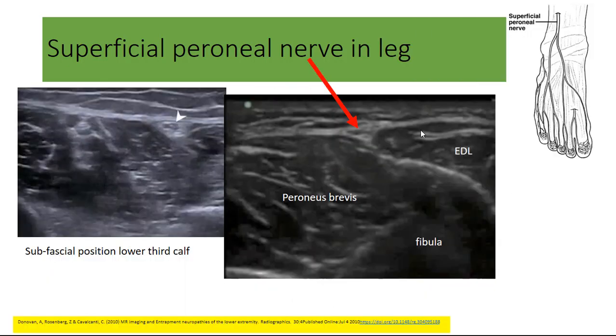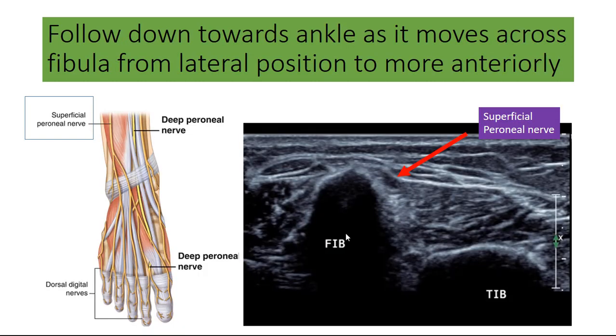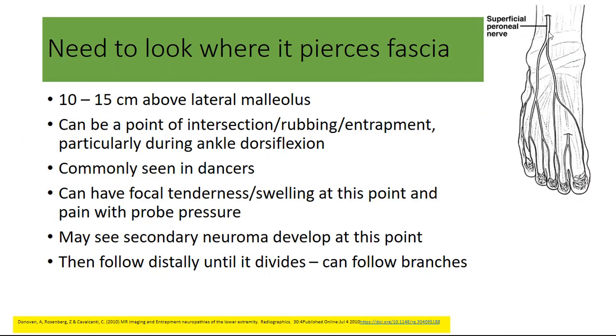We can see it between our extensor digitorum and peroneus brevis muscles sitting just here. So it's still deep to the fascia, and it's just about to pierce the fascia here. So we can see it here between extensor digitorum longus and peroneus brevis. This is our fibula here. And then it can course over, and we're going to follow it as it comes over this dorsal anterior aspect